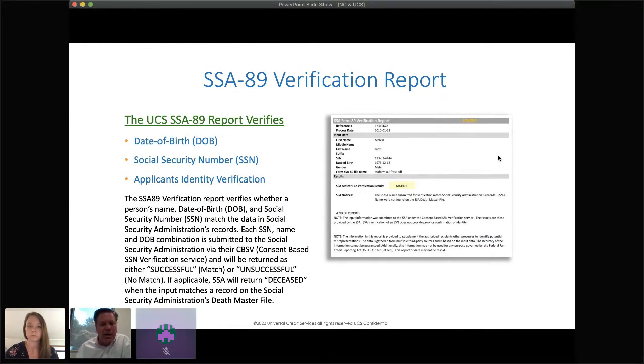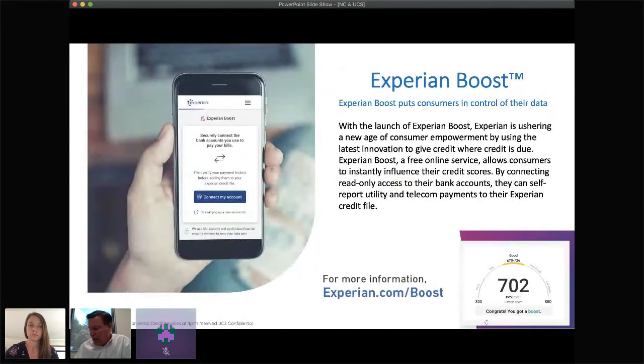And I'm not going to take a lot of time because I know Kate has to go over some other information. And then the final thing, we'll go to the next screen. I just want to mention to you, this is something that Experian came out with. This is not a service for me to sell, but it's just a way that the industry is going. So they're now allowing with Experian some self-reporting where basically the consumer goes to a website. And I think I would ask all of you to maybe take advantage. If you haven't done it yet, it's pretty interesting,